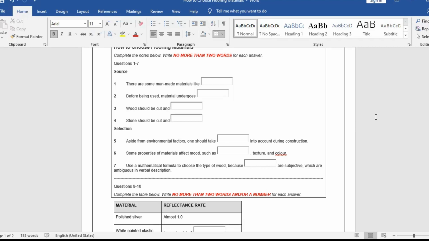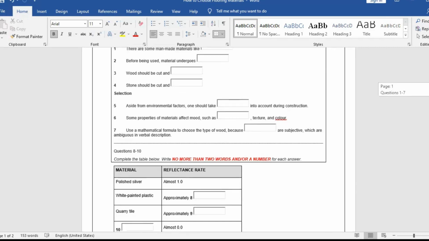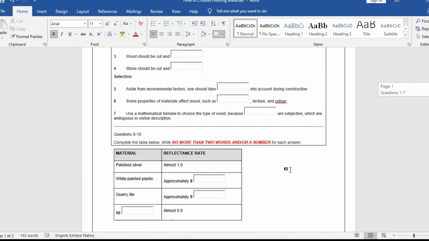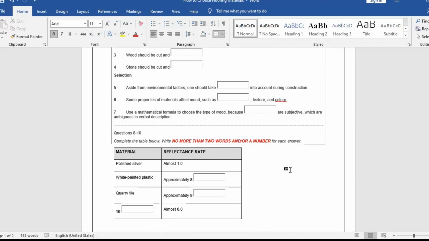Though some things about putting together a room are subjective and based on one's individual taste, materials appropriate to a room's function are much more straightforward. A decorator takes the needs of the customer and uses a mathematical formula rather than subjective words. Since feelings vary from person to person, verbal descriptions of wood types tend to be ambiguous. You want the wood you select, not something approximate. And if you do decide to do it yourself, remember that all wood must be treated with preservatives to enhance its appearance and preserve its natural beauty.